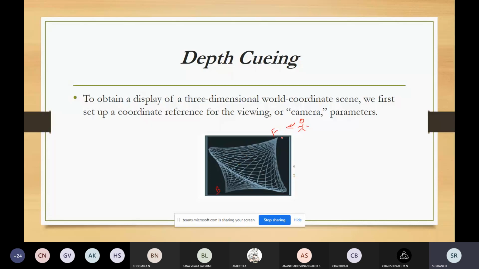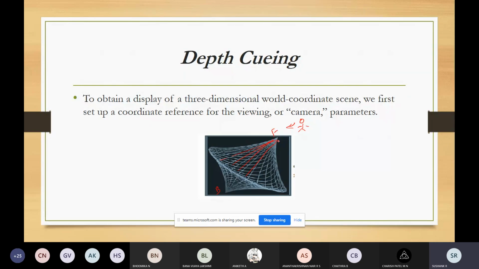One thing is to use the brightness information, the brightness of each of these lines. So we have these lines, we have some lines which are used in a mesh form to display this object. So one thing is we will use the light intensity or the brightness information for these lines.